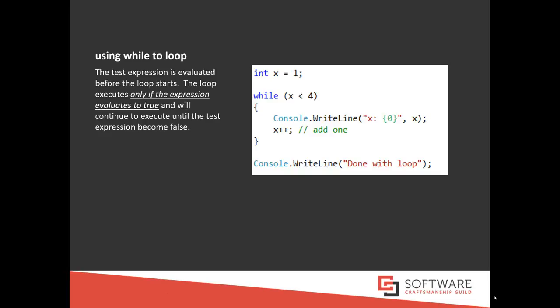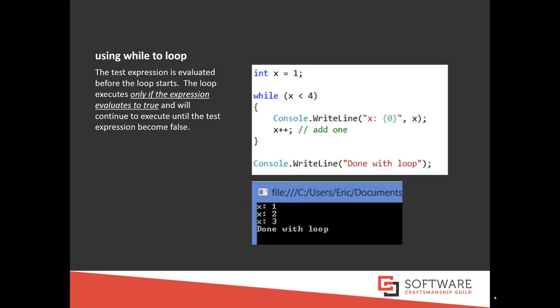Now x is 4. Is 4 less than 4? No, that is false. 4 is equal to 4. It will then skip the code block and go to the next line, which writes out to the console, done with loop. And here's a little screenshot of that program in action. And you can see it kept adding 1 to x until the condition in the while loop became false,